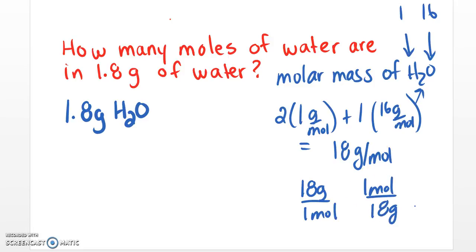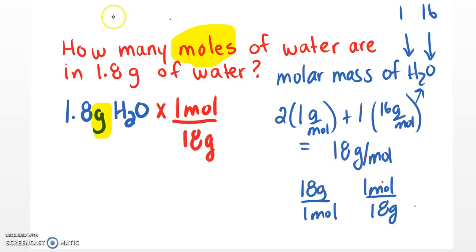And it looks here that we want to figure out moles. So we want our answer in moles. We're given grams. So am I going to multiply by 1 mole over 18 grams or 18 grams over 1 mole? If I multiplied by 18 grams over 1 mole, my unit would be grams squared over mole, and that's not what we want. We want to pick the conversion factor so that when we multiply it, the grams cancel. So this gram will cancel with that gram. And if you take 1.8 and divide it by 18, you will get